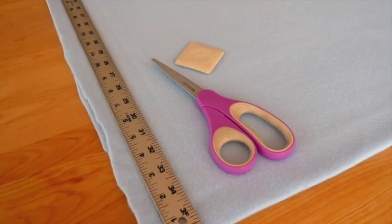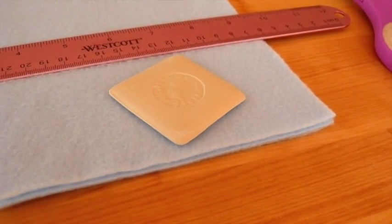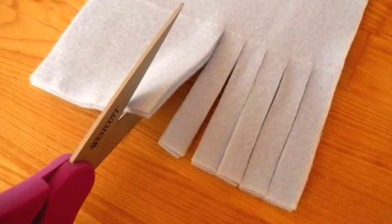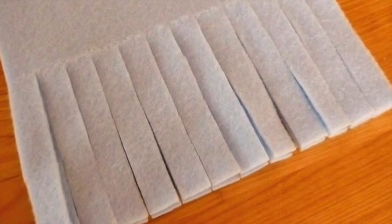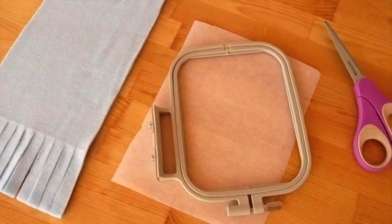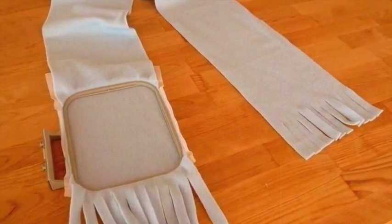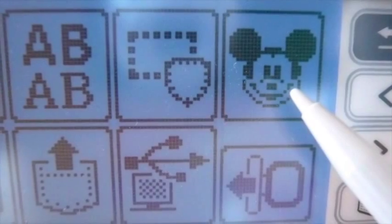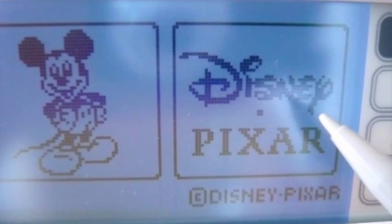Next, you're going to cut out a piece of fleece that is 6 inches wide and 60 inches long. And then you're going to measure out your fringe, which is 3 inches long and spaced at 1/2 inch increments. Now you're just going to set up a piece of stabilizer on your hoop and get your project ready to go onto your PE540D. Go to the touchscreen and select the Disney option, and then go in and press the